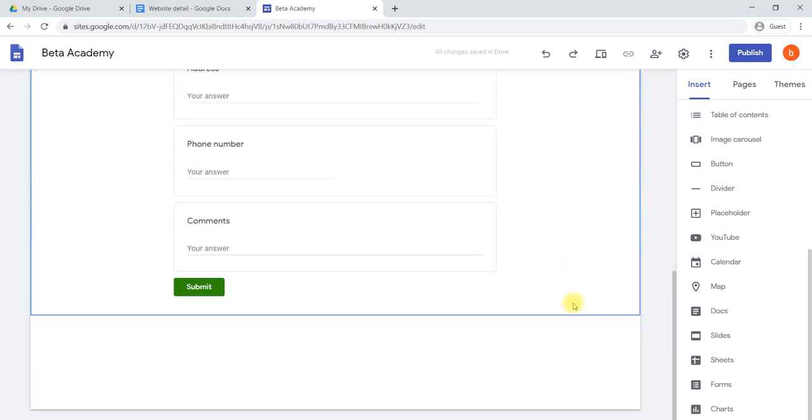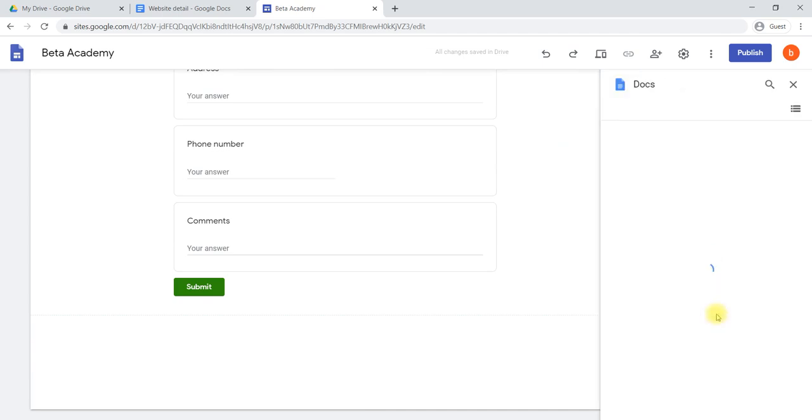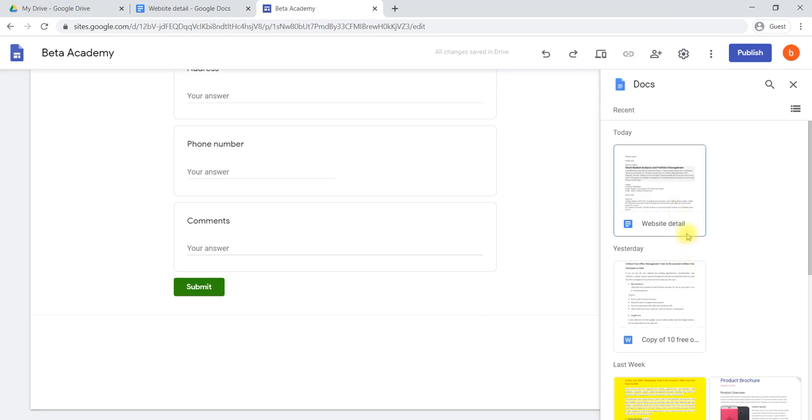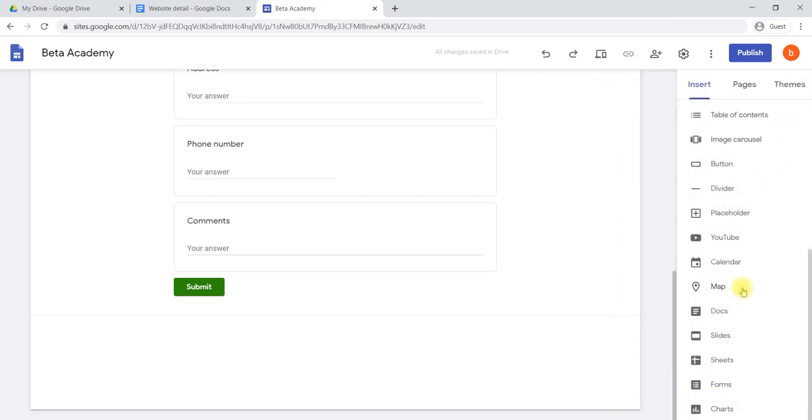Similarly, we can insert documents you have. Okay, you have to select docs, and we have to select which document is to be uploaded. Like that we can upload documents, and Google Sheets also you can insert. Slides also you can insert.